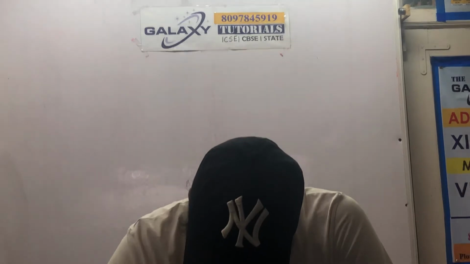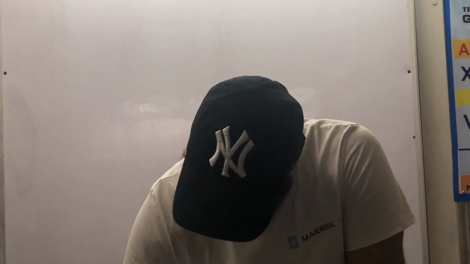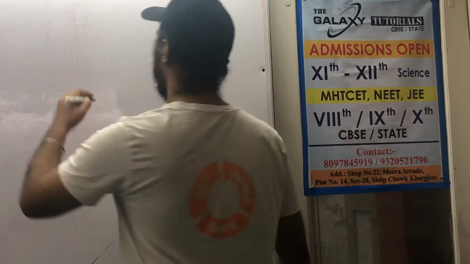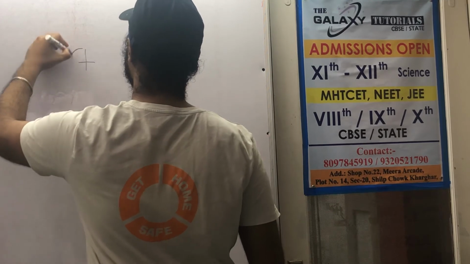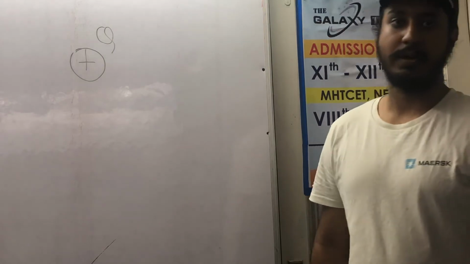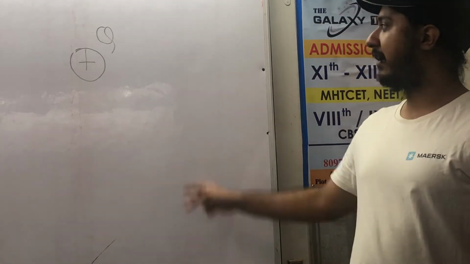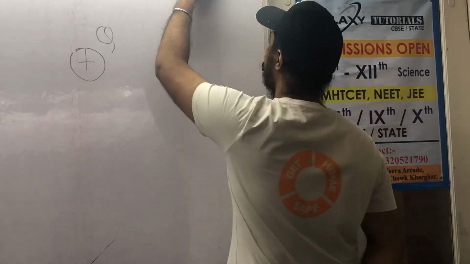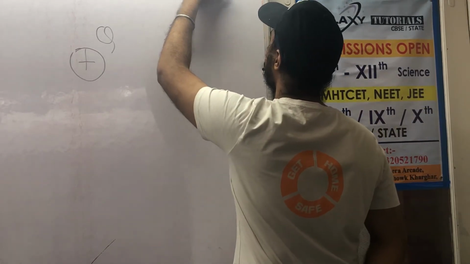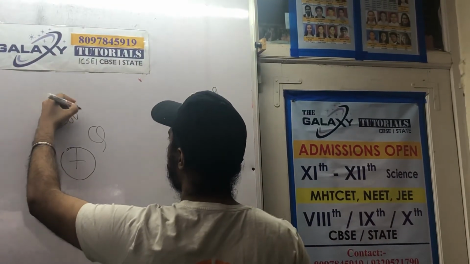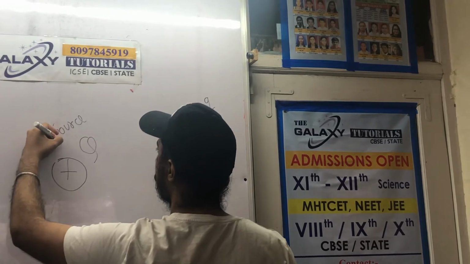Okay, the next topic is electric field. It's quite simple. The concept of electric field is, say you have kept a big charge here of magnitude Q. To find the electric field around this charge, you will bring a small test charge. There are two things. One is the source charge, around which we are going to find the electric field.